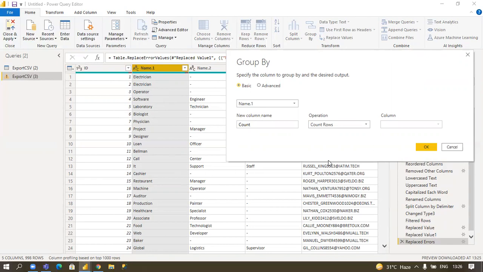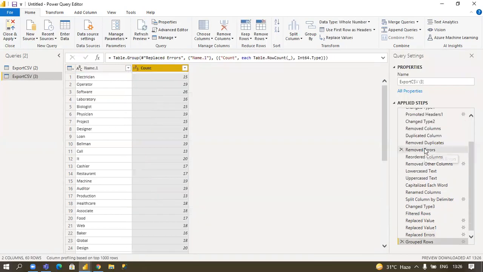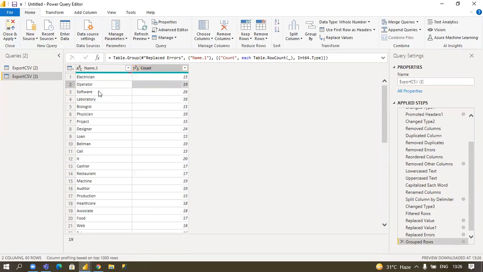I want to group this one, so I want a count. It will be grouped, and I want a column count. What will be counted will be rows. I just click OK. Here you go. Now you can see electrician 15, operator 19, software 26, laboratory 16.